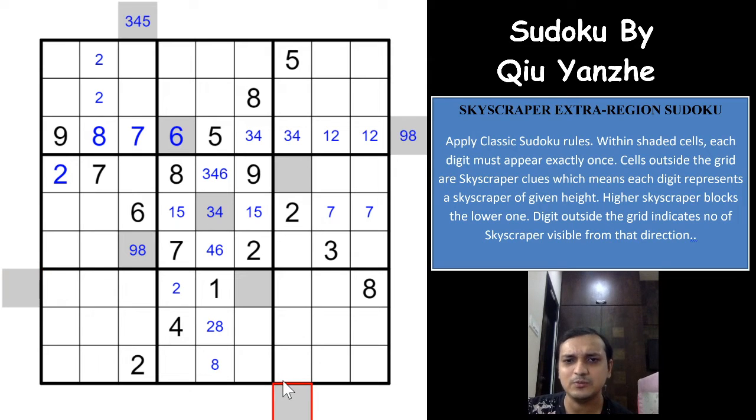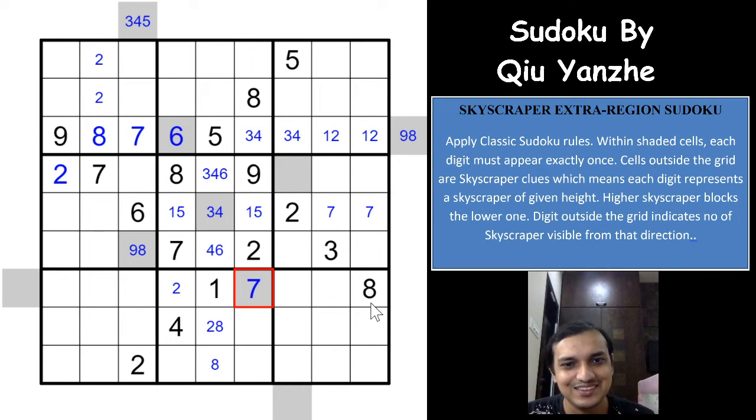Can this be a 7? Same logic. You need to have exactly 7 digits appearing in increasing order, because these 2 digits are hidden, which means this cell will either have to be 8 or 9. It has to be 8, which is not possible. It is a 3, 4 pair. So 7 is not possible here, and 7 is not possible here, so the only place for 7 is this place.